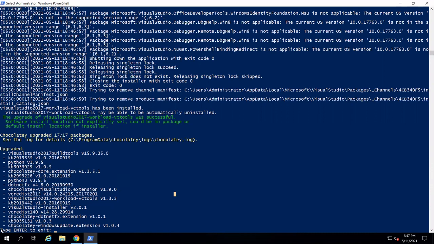Now we have successfully installed Node.js packages on the system. Now you can see here at the bottom, there is one message that says type enter to exit. So here you have to press the enter button. So press the enter button.